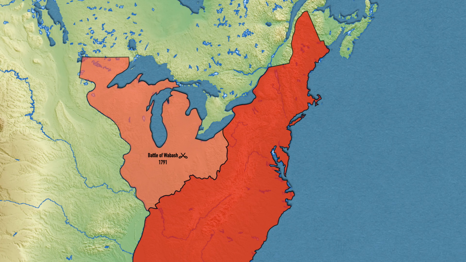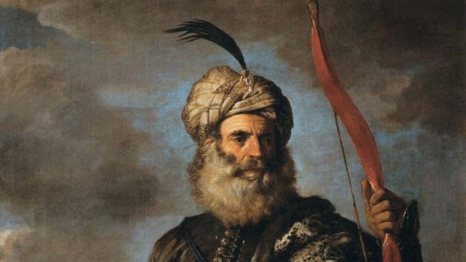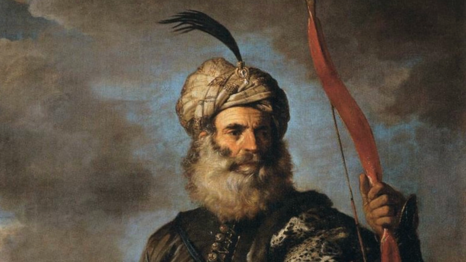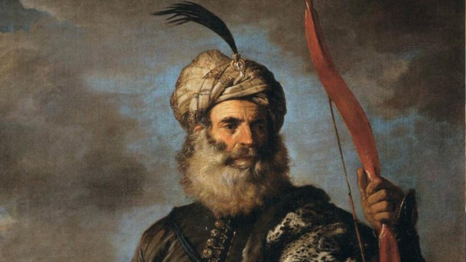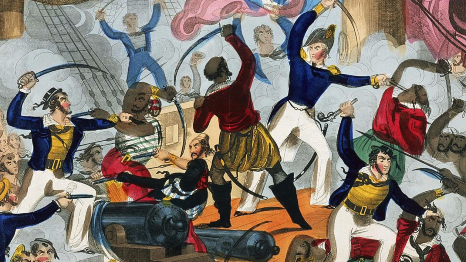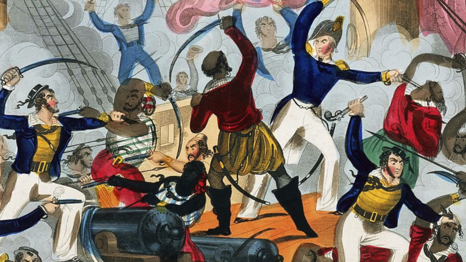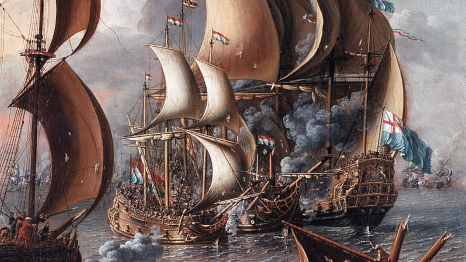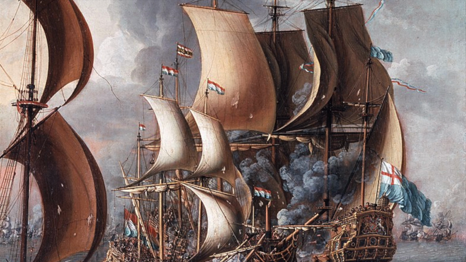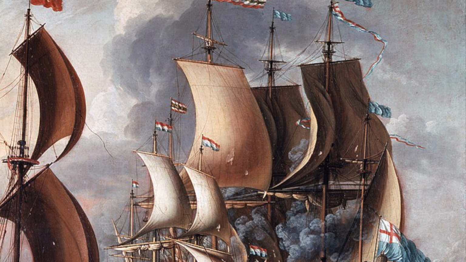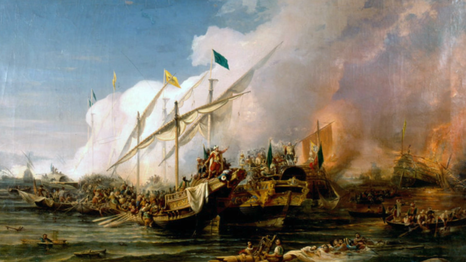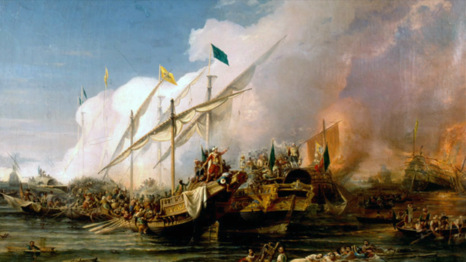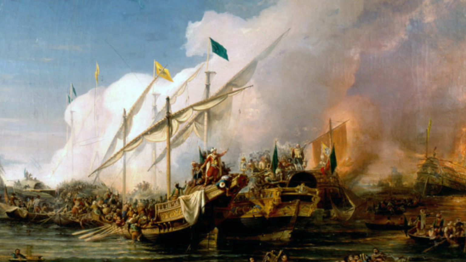That being said, America still had other issues, one of the worst being the Barbary pirates. While we often think of pirates as Euro-Americans terrorizing the Caribbean, by this time in history, much of the piracy in the Western world was actually in the Mediterranean. Four Islamic kingdoms, three of which were vassals to the Ottoman Empire, controlled most of the North African coast, and one of their key forms of income was state-sponsored piracy.